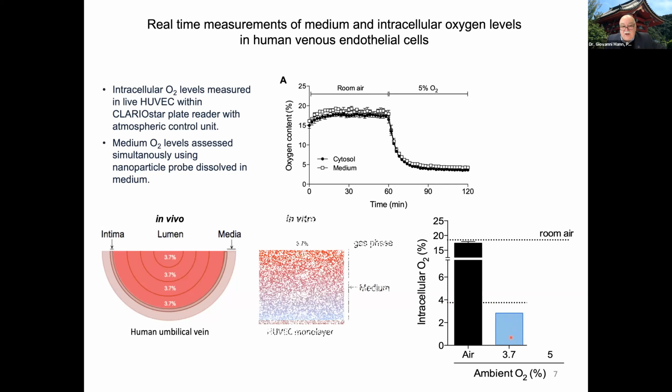When, however, we take account in cell culture monolayers that there's a gradient of oxygen so that the endothelial monolayer does not actually see 3.7%, fortuitously, we gas the workstation at 5%, and we're able, by serendipity, to achieve the exact intracellular oxygen concentration that has been reported in vivo. So it's really important that you understand the possibility of an unstirred layer or an oxygen gradient in cell monolayers